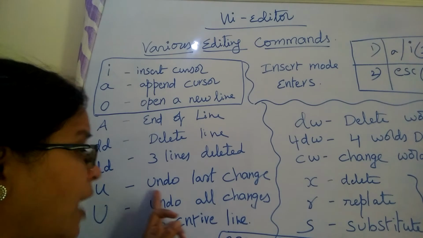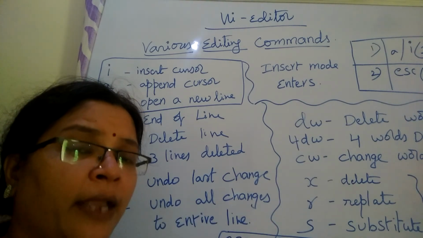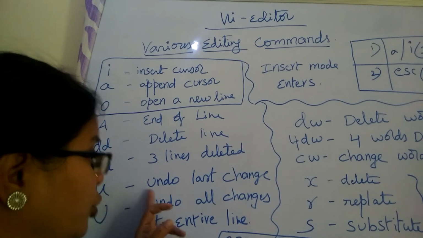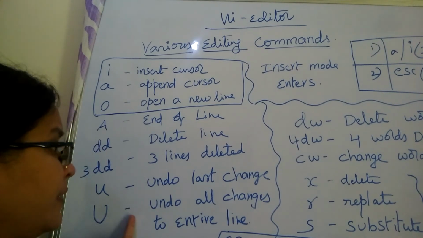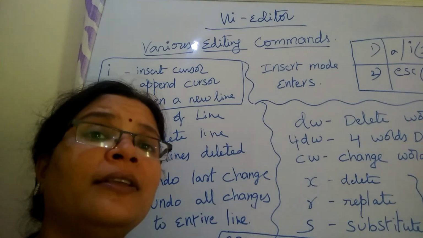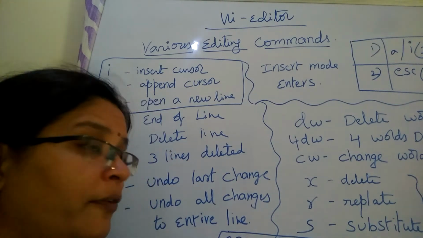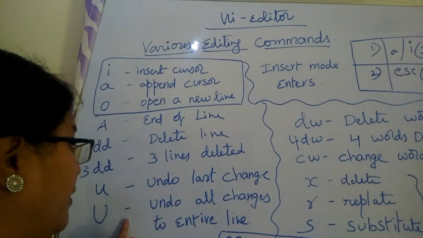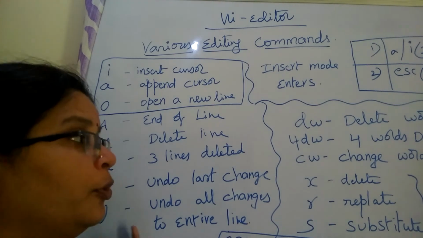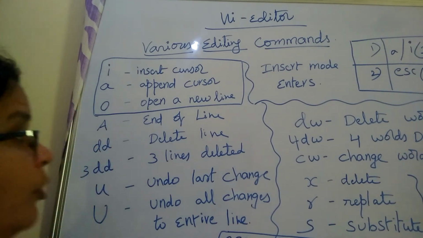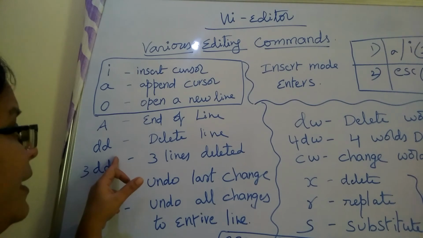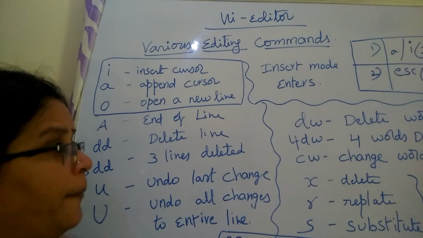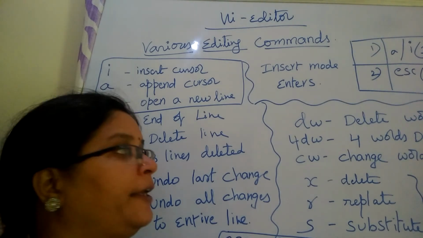So the next command is undo last change. Whenever you want to undo changes, simply press small u in the command mode. Capital U is for when you want to undo all the changes in one particular line: whatever changes you made in that particular line, all the changes will be undone by using the capital U command. So one more, these line deletion commands are what? dd. And undo commands are what? u. And undo in the entire line is what? Capital U.